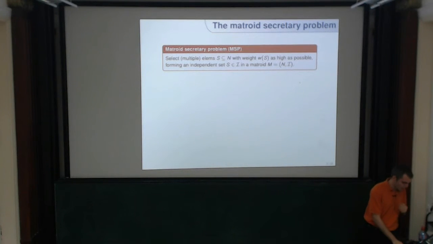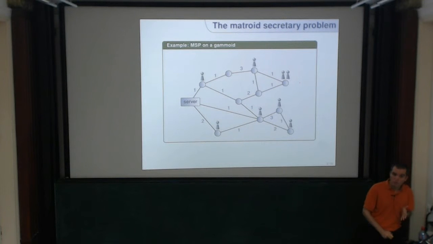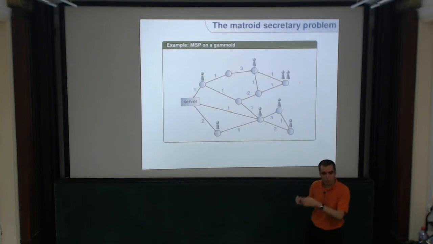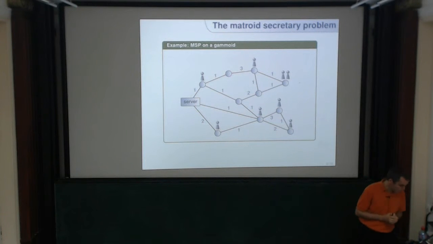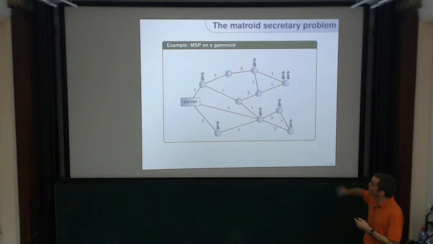Let's just first look at an example. I guess people here anyway know what a matroid is, so let me not define it. If you happen not to know what a matroid is, then I will give you an example. Just always think about that example, and that will be fine. So assume that you have your network operator. There's a bunch of clients. Again, clients equal secretaries. And they want to be connected to the server.